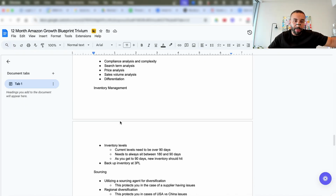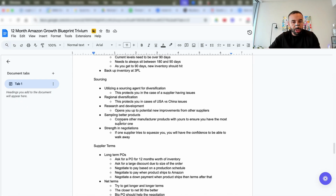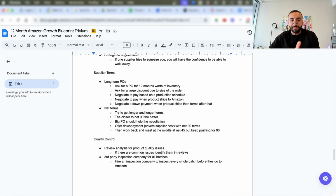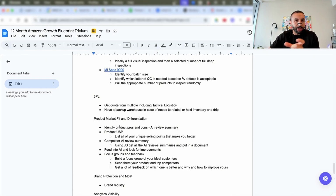and are you viable to expand globally? How much money would you make? Will you be competitive? Inventory management. How are your inventory levels? Backup inventory at 3PLs, connections, better sourcing to be diversified regionally, research and development, strengthen negotiations, supplier terms, better POs with terms, net terms, quality control, as well as product market fit and how to make your product fit better in the market